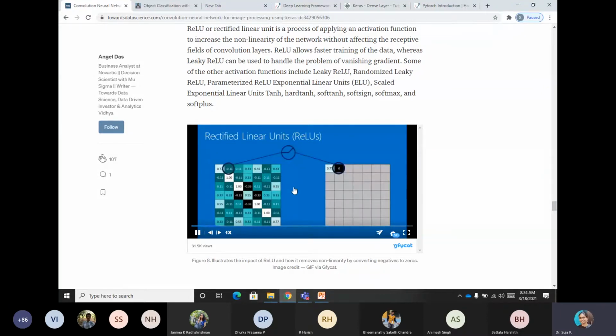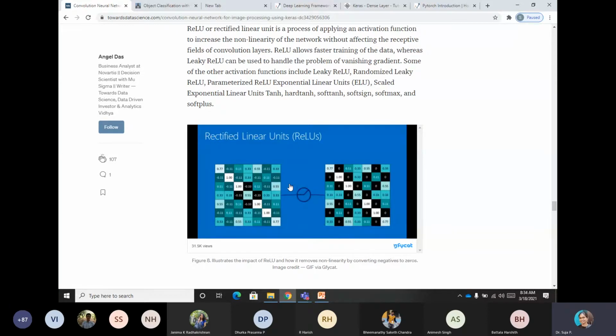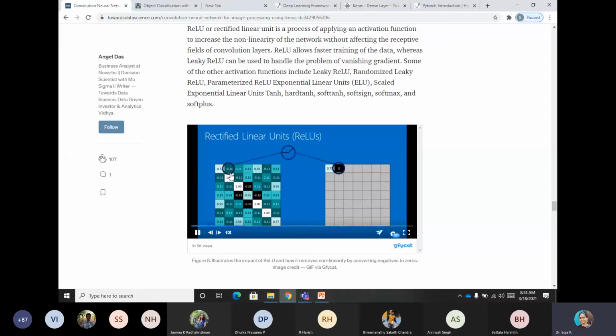Okay. So generally, when you perform any pixel operations, usually the pixel values will be considered positive only. And because of the filter, if your filter has 1 0 minus 1 values to perform edge detection, then you will get a negative value after convolution. So those negative values are suppressed, positive values are taken. So for that reason, we apply a ReLU.